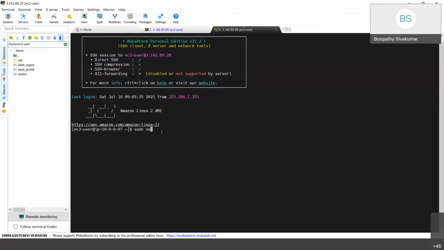Sudo is the admin user and su is switch user, so I am switching the user to root. Can you give enter, sir? If you see, it has switched to the root user. Now you will have all privileges to install and update the packages.